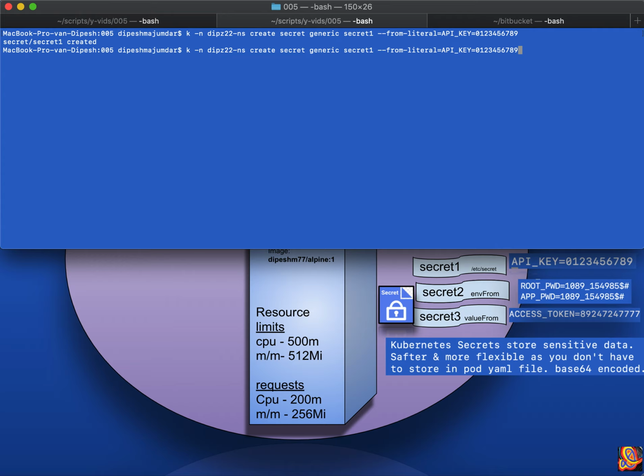Now the secret 2, from literal, root password is equal to 1089_15#. Yeah. Oh no, sorry, I needed one more, so I'll just delete this. Delete secret 2, because I need to